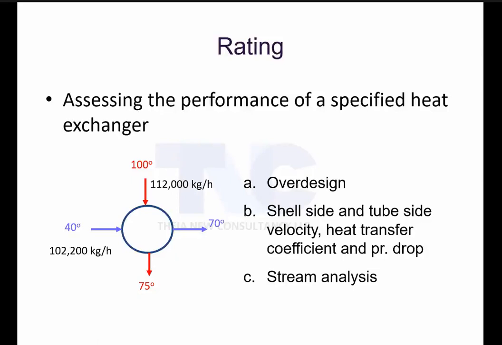Then you slowly check it. After 2 months or after 6 months, initially the over design is 110. Then you will see over design has become 108. Then after 6 months or 1 year, it has become 105. Then you plot a curve. Oh my God, if this continues, in the next 1 year your exchanger will be fouled. Before that, you need to do some maintenance. You need to take it out and clean it. So all these things, this is what rating mode is.